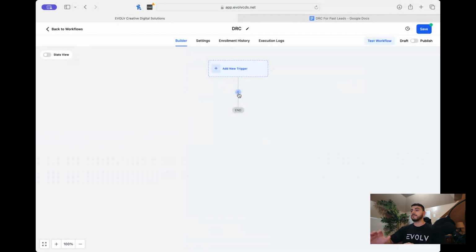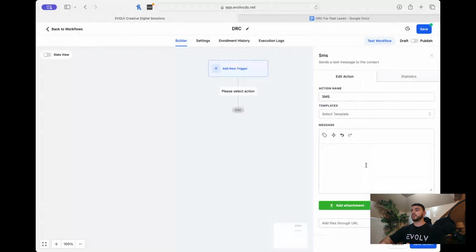So for example, the first action we want to take place is a text going out. So you'll search for SMS. We want to send an SMS. And then for the actual wording we're going to use, I actually have a document prepared with all of the